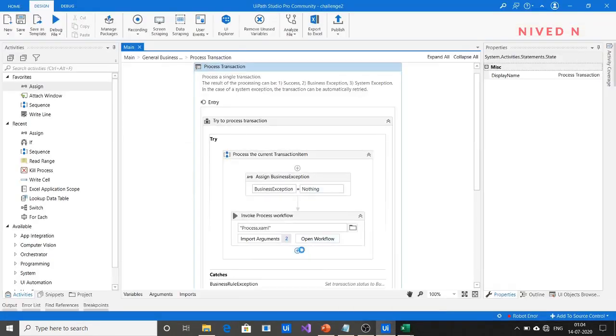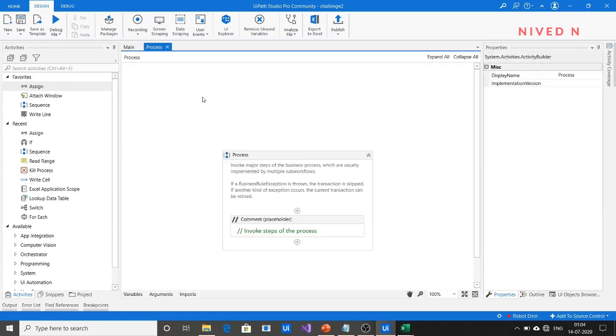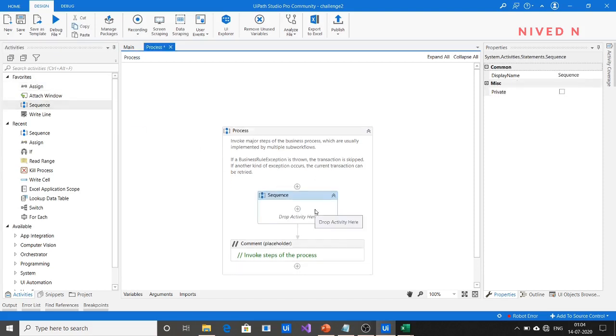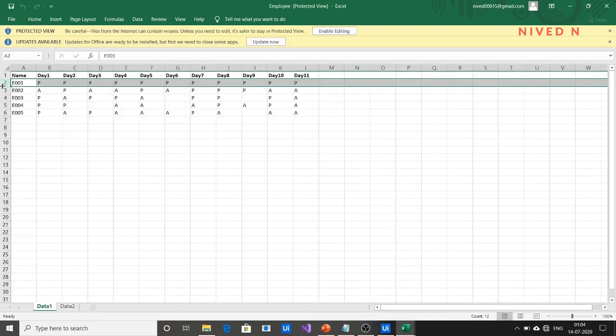So let's open it. Yeah, so for that we can create two sequences here. In the first sequence, we are taking each employee's details, that is each transaction item, and calculating the number of present days, number of absent days, and number of null values for each employee, and then storing it in a particular variable.